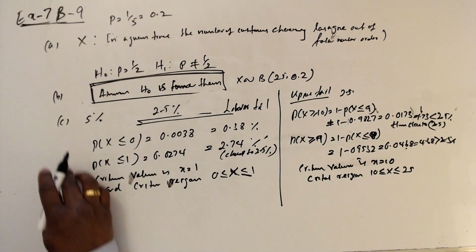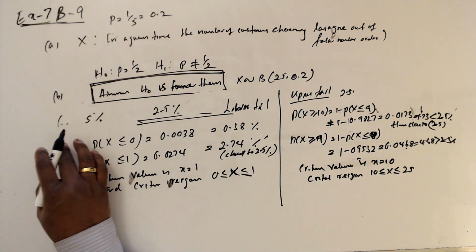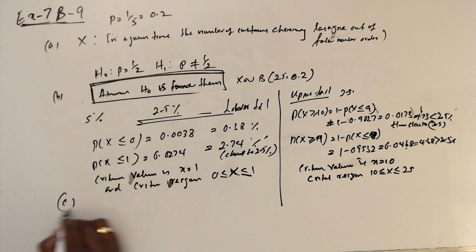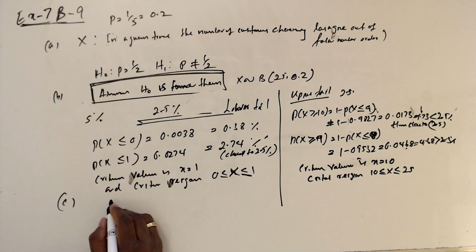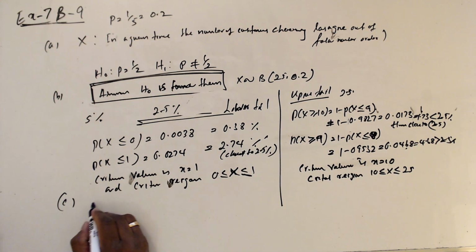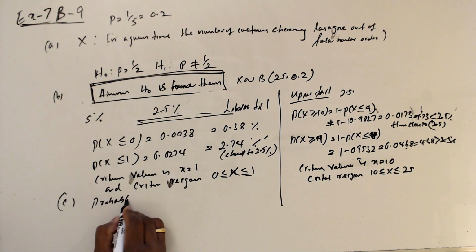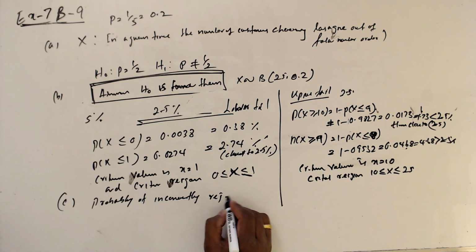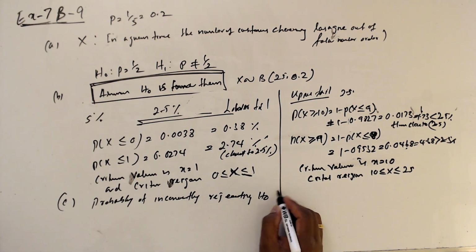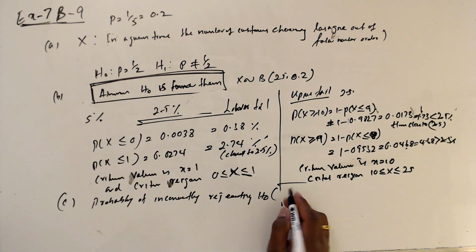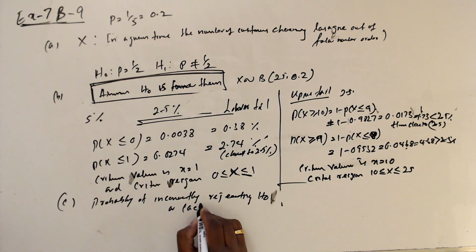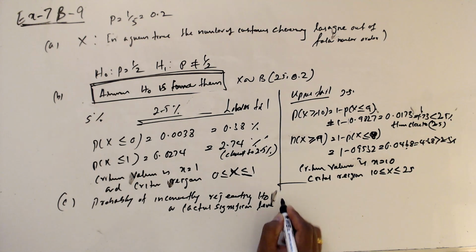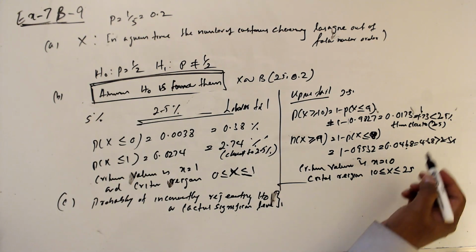But part C is: state the probability of incorrectly rejecting H0. So the probability of incorrectly rejecting H0, or the actual significance level, is going to be from here